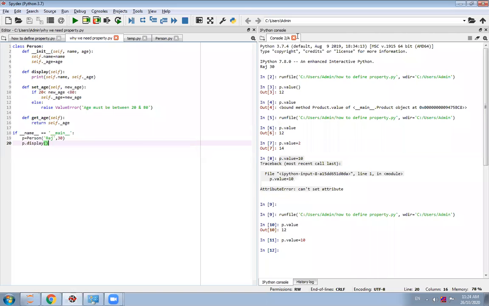So what benefit will you get by using the property? This is our main thing that we discussed in the last lecture. Okay. So in this concept, here I haven't used any kind of property.